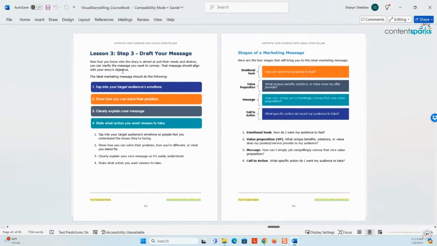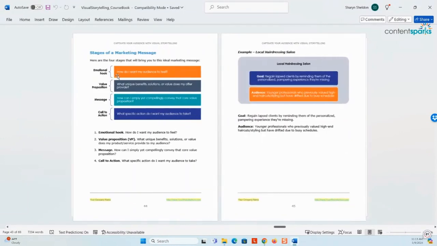They don't have a clear message, and messages change over time as the world changes. So they should always be looking at that, even if it's just creating one piece of content. You always go back and revisit who's my audience, what's the message. And with a visual story, you need to look at things like the emotional hook that you'll have, the value proposition. So what are they going to get out of this? What's the message? What's the call to action